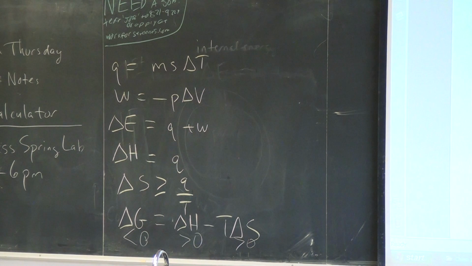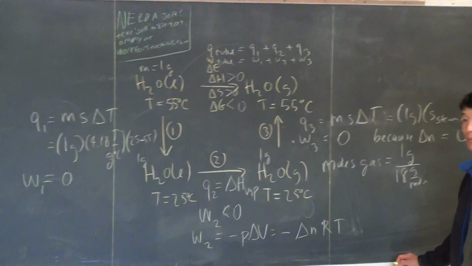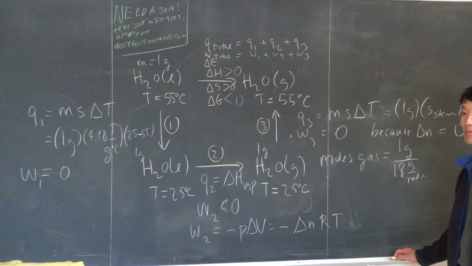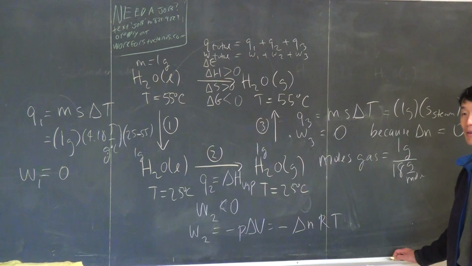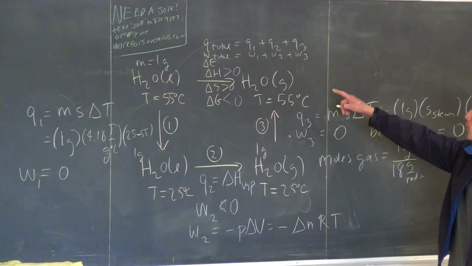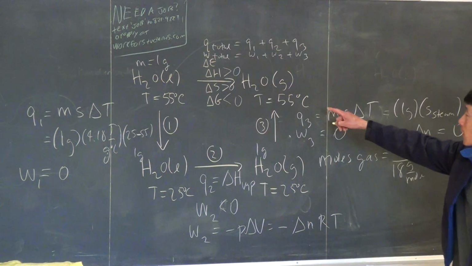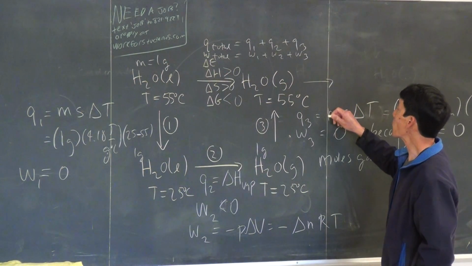Okay, then for delta E, we'll do our calculation. Would you expect delta E to be greater than 0 or less than 0? Less? Yeah. That's kind of cool. Yeah, because in terms of temperature, the temperature is the same. Okay, we're just saying that the temperature is still 55, because really from here, then the temperature is going to go down to T